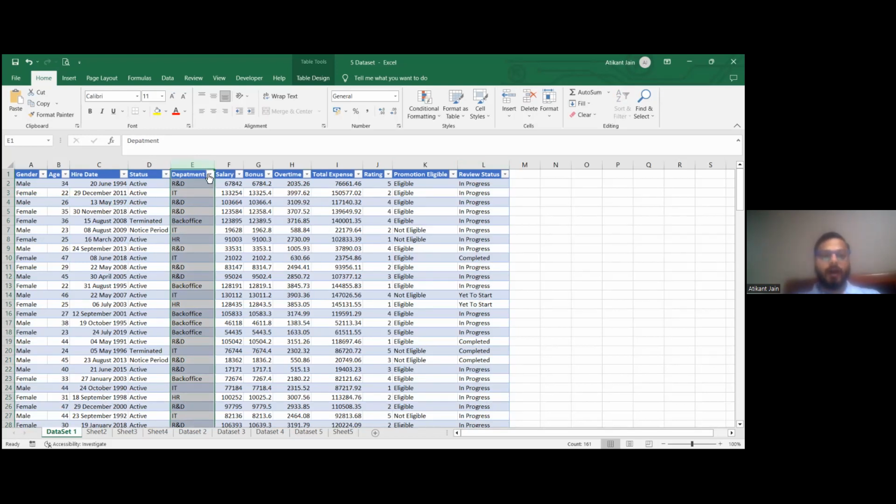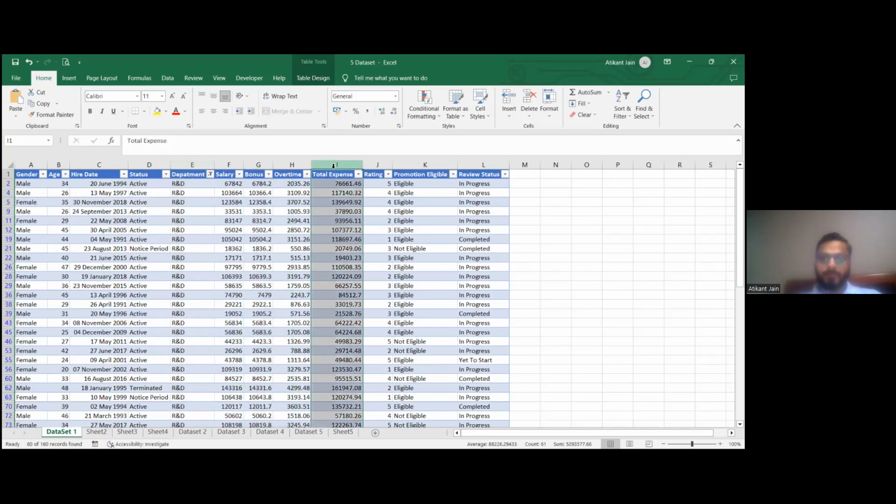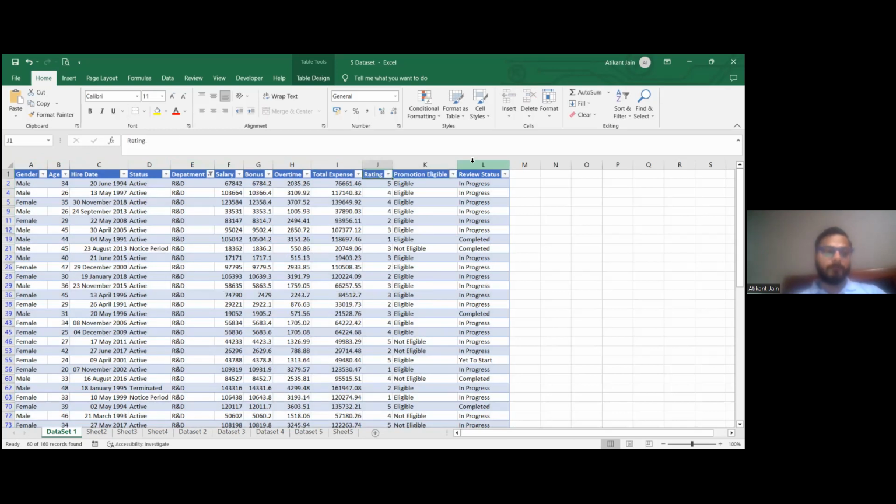So basically R&D, for example, if I select R&D, what is my total expense, right? Maybe if you want to review, what is my review status? So maybe this data set is not huge, or we don't have so many fields to analyze more. But I'll explain a gist so that you can work on any kind of data set later on,